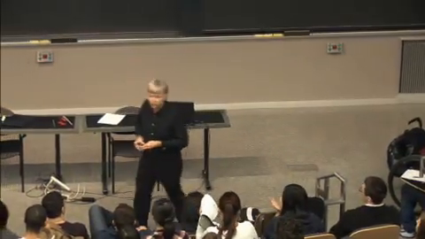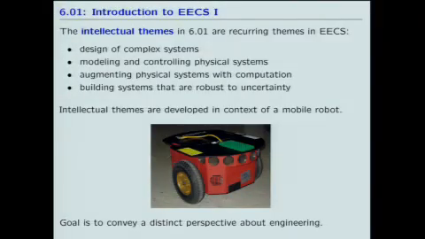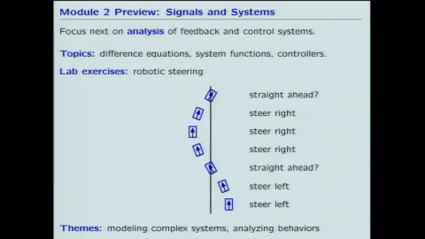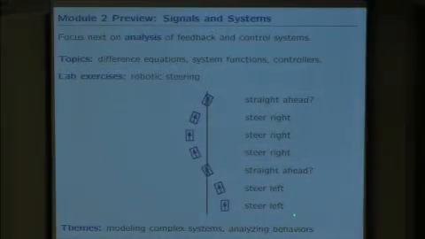Today, what I want to do is start the second major theme. The first theme was the design of complex systems. We saw that by reference to programming. Today, we're going to start thinking about modeling and controlling physical systems. The idea here is not so much how you construct systems, but we will get back to that. The idea is to characterize the systems that you've constructed and say something about their metrics as being positive or negative. So what we want to do is, in fact, focus on behavior.